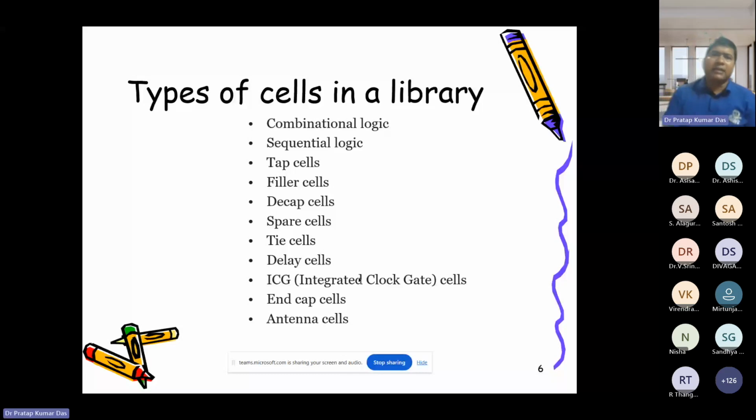Okay. Now let's see what are the types of cells in a library. So we have combinational cells. Any idea what is the meaning of combinational cells and what is the meaning of sequential cells? I think everybody knows digital electronics. Okay, nobody's answering. Combinational logic and sequential logic is, basically, wherever there is digital electronics,